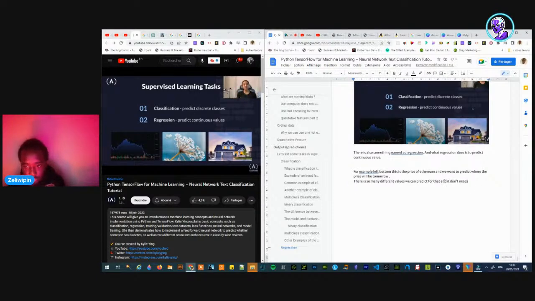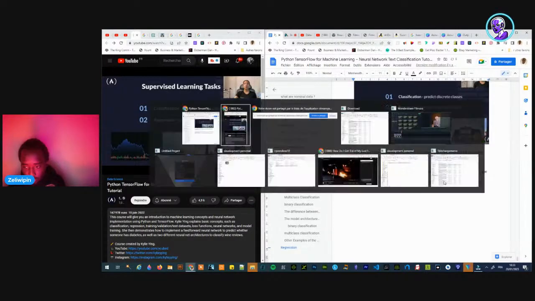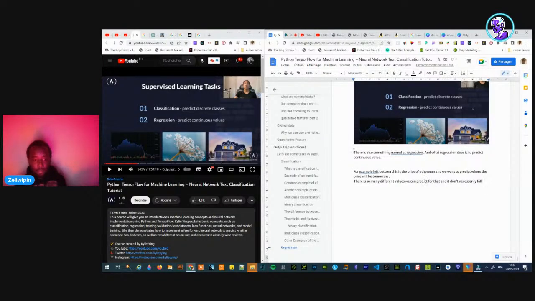What it means, like continuous values, is that it's just a number, and it can be so many different numbers. So that's why we cannot give it a class. It's another kind of problem to solve.